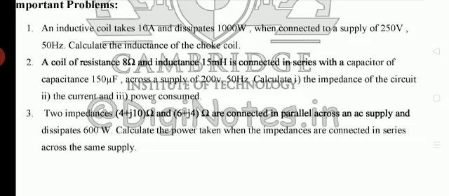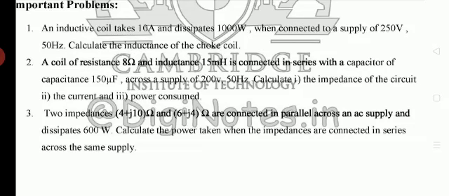Okay, some resistance will be present in it, hence now the circuit is not a pure inductive circuit, it is an RL series circuit. A coil will definitely possess inductance by nature, and as I've told you, if there is a coil, there will always be some internal resistance in it. Here they have not directly given the value of resistance; instead they say the coil dissipates 1000 watt. They have given the power in order to calculate the resistance.